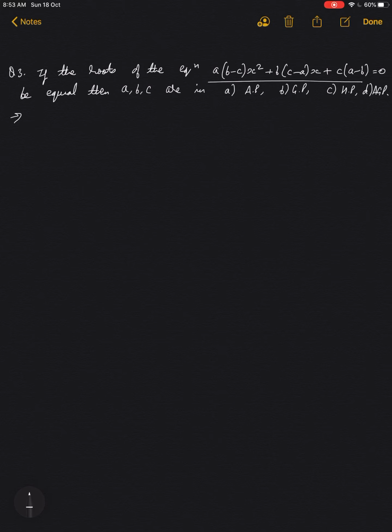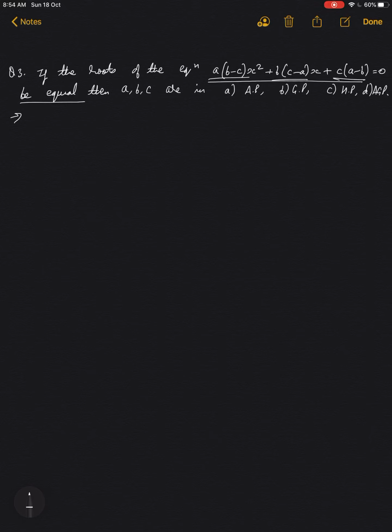The quadratic equation is given and it is given that the roots are equal. Generally what happens is whenever we see that roots are equal, the first thing that comes to our mind is discriminant is equal to 0. That is true, we can proceed like that. But what will happen? It will become complicated. The square of this minus 4 times this into this, it will complicate the problem.